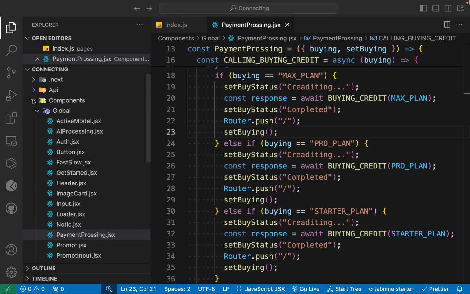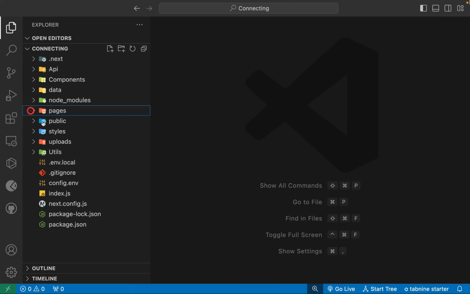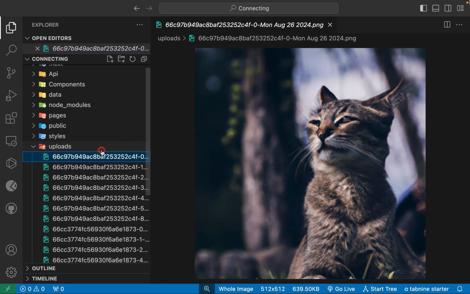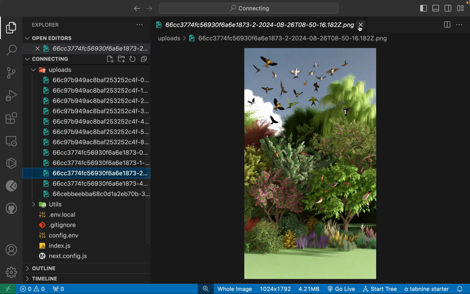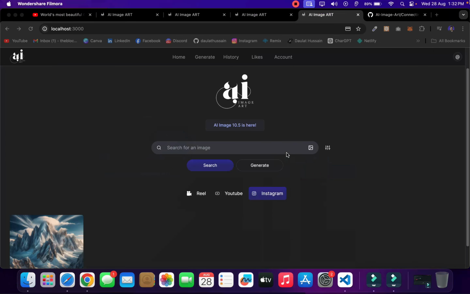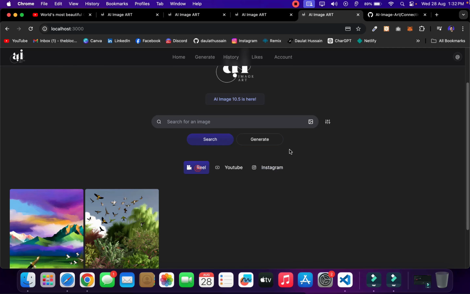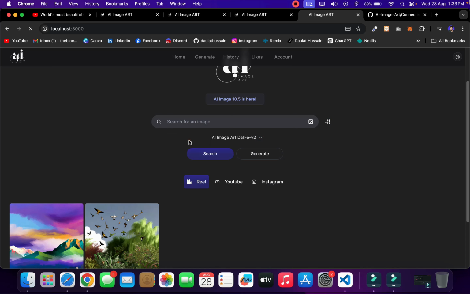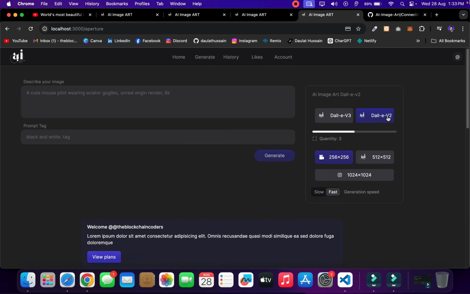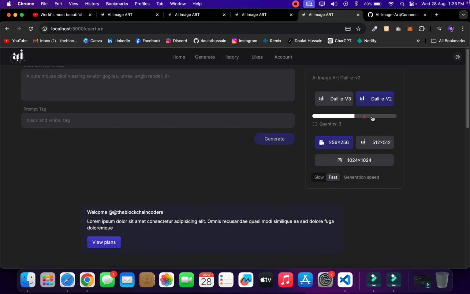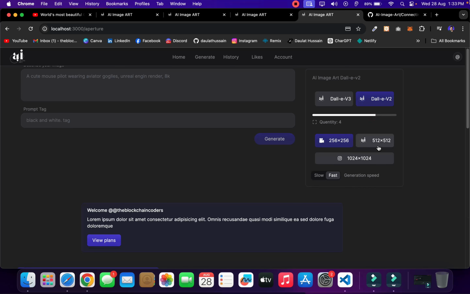Now we can come back here, close this one, go back to the upload, and there you will find all the images we are uploading. That's all you will find. So this is the one generated. Perfect. Come back here. Let's change this model to V2, and there is no image we have created using the V2 model. So let's test that. So come back here. We have selected the V2 model, and I click on 4 images. Select the ratio, let's say, this one,